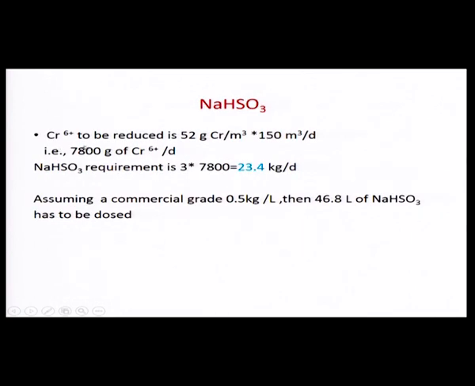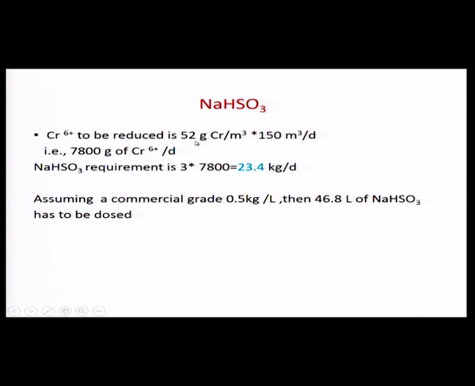So, the hexavalent chromium to be reduced is 52 gram of chromium per meter cube, and the volume released is 150 meter cube per day. Okay. So, that works out to 7,800 gram of chromium per day. That is equivalent to 3 times this value, 7,800, that is, 24.3 kilogram per day of sodium metabisulfite needed only to reduce the hexavalent